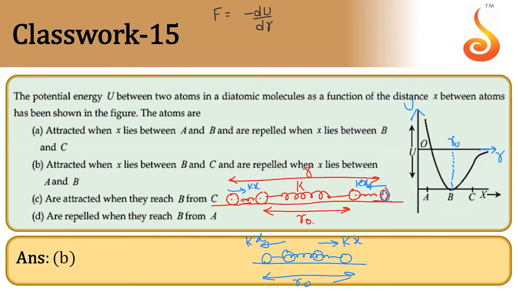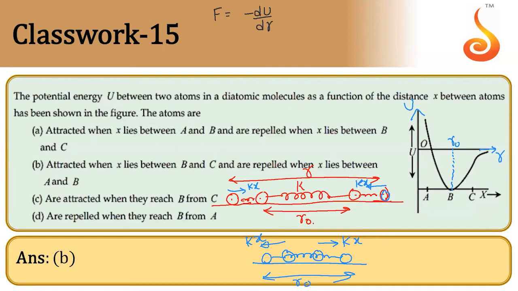This formula will tell you so much. If you want me to speak on this formula, I can speak for 2 or 3 hours also. So visit Yelahanka campus, I'll tell you. F equal to minus dU by dr. Conservative force, it comes everywhere. This is a fantastic, beautiful formula. It tells you a lot of things, but the formula is very short. F equal to minus dU by dr.